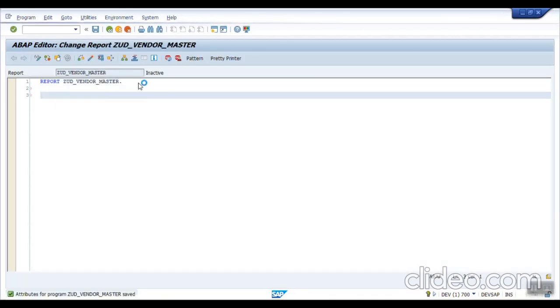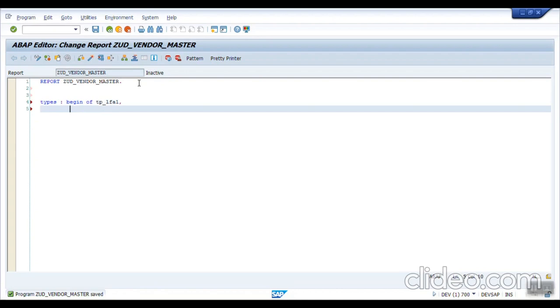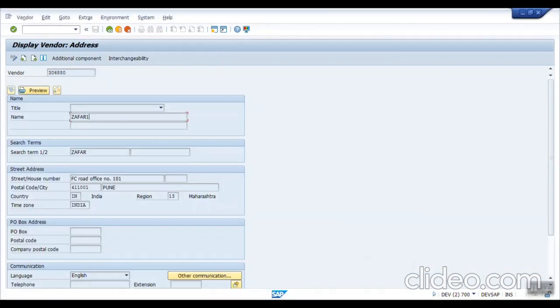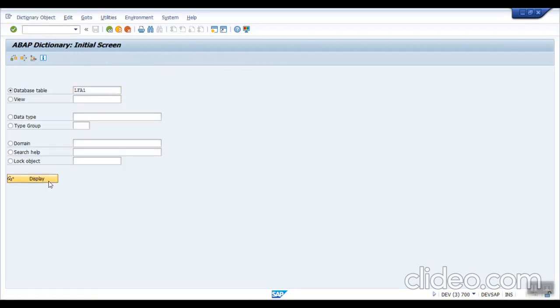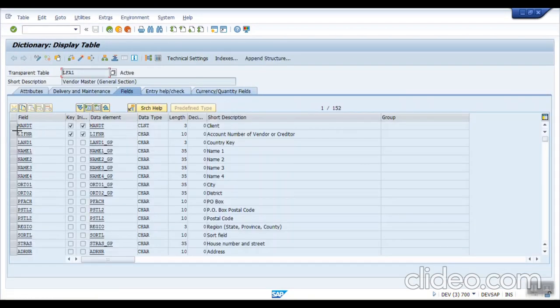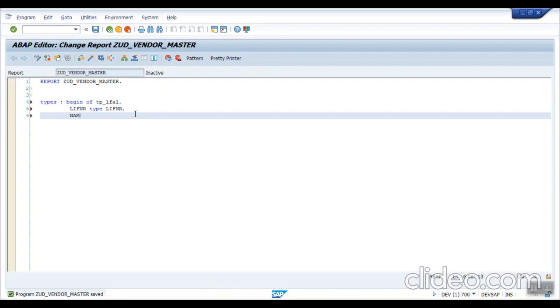Now first we'll define the internal tables. So let's say type, that is begin of TP underscore LFA1. So from the LFA1 table, I want to select the first two fields. From here I will select the vendor number, LIFNR. And the second field I want to select from LFA1 is NAME1.